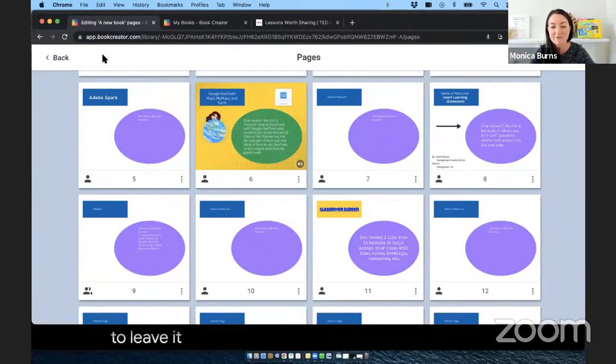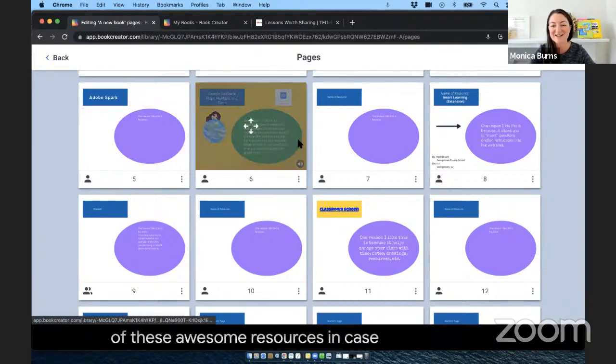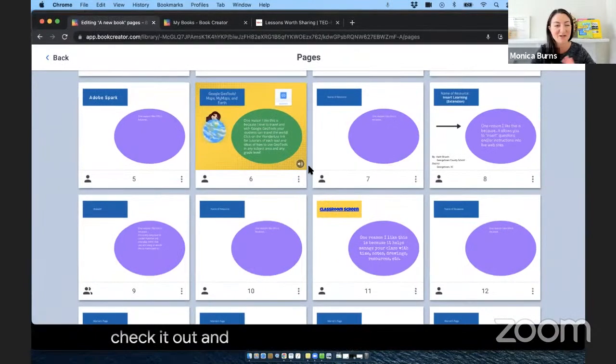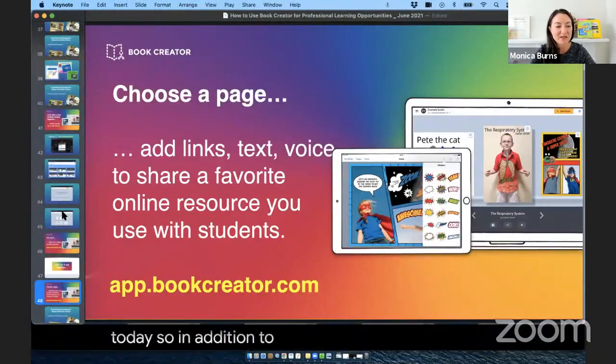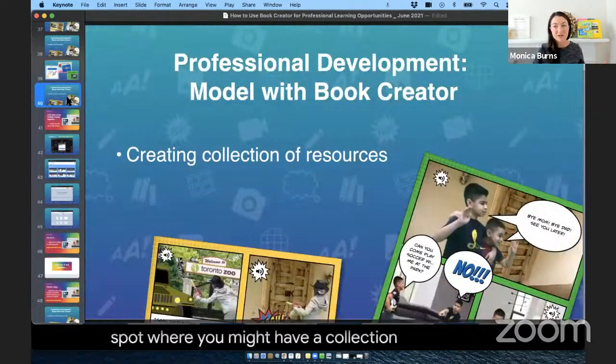But I'm going to leave it on for you today as you are sharing some of these awesome resources, in case you want to check it out and continue working within this space today. So in addition to thinking about this as a spot where you might have a collection of resources you create